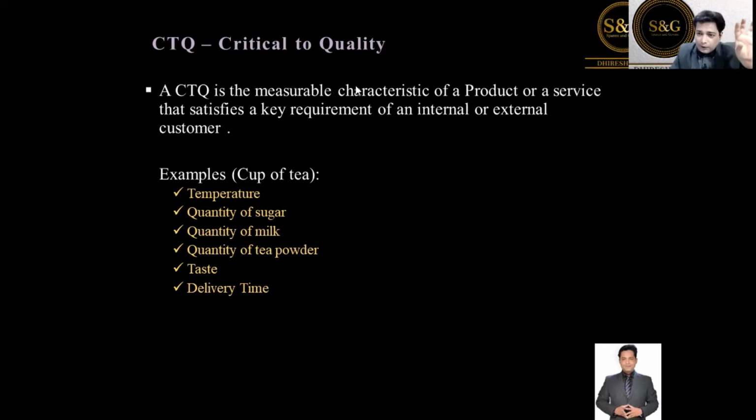So we have to identify from the voice of customer what are those critical to quality attributes which are important for the customer. That is point number 2, stage number 2. So external way of project identification, first we collect the voice of customer. Then from voice of customer, we drill down to what exactly will satisfy the customer. That is called CTQ. Okay. Then we move to the next one.